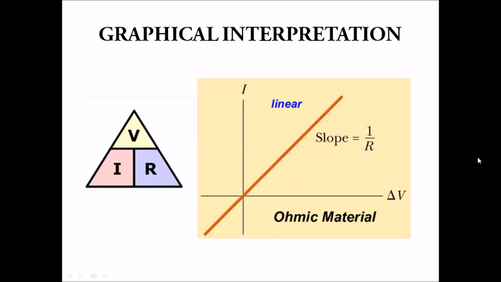Ohm's formula V = IR can be learned through the triangle as shown. VI graph for an ohmic conductor like metal that obeys Ohm's law will be a straight line. The slope of VI graph gives resistance, but the slope of IV graph gives reciprocal of resistance, that is conductance. I have a task for you. In the previous slide, you have to tell me the readings of ammeter and voltmeter.